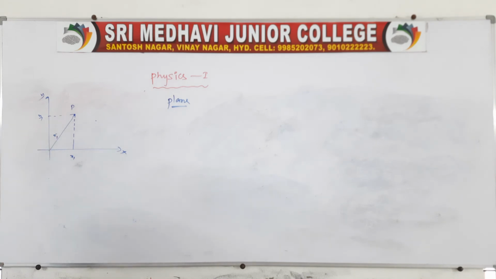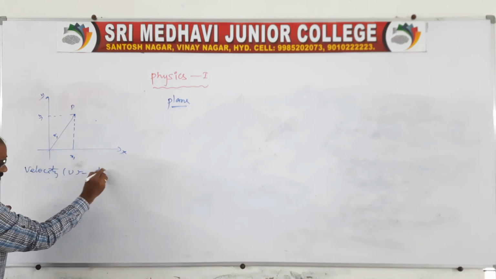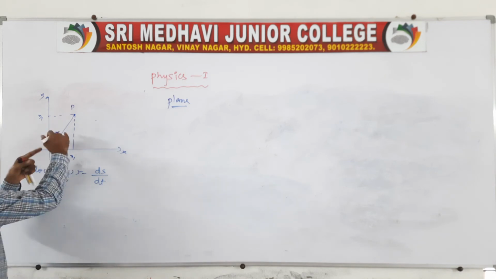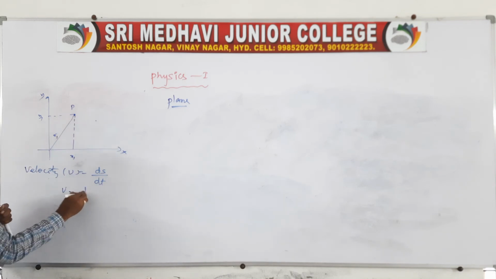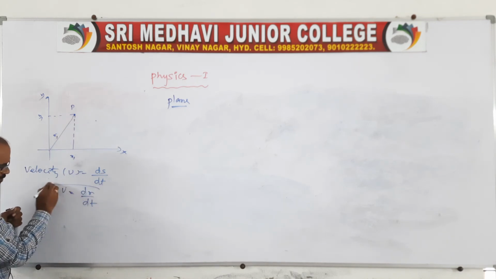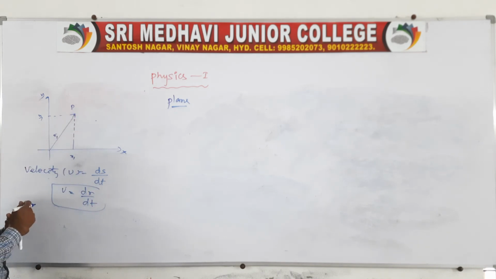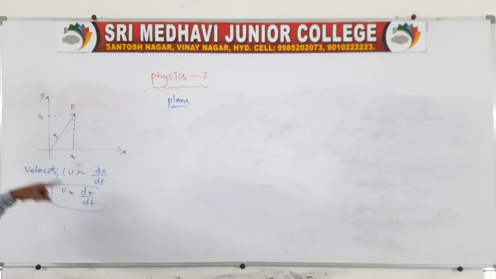At this position, no doubt, velocity in any case is nothing but the rate of change of displacement only. With respect to time, the position of a particle changes. So in terms of position, I want to say that it is dr by dt, because in a given plane the initial position will be like this. Suppose the position of the particle is changed with respect to time, so that v is equal to dr by dt.